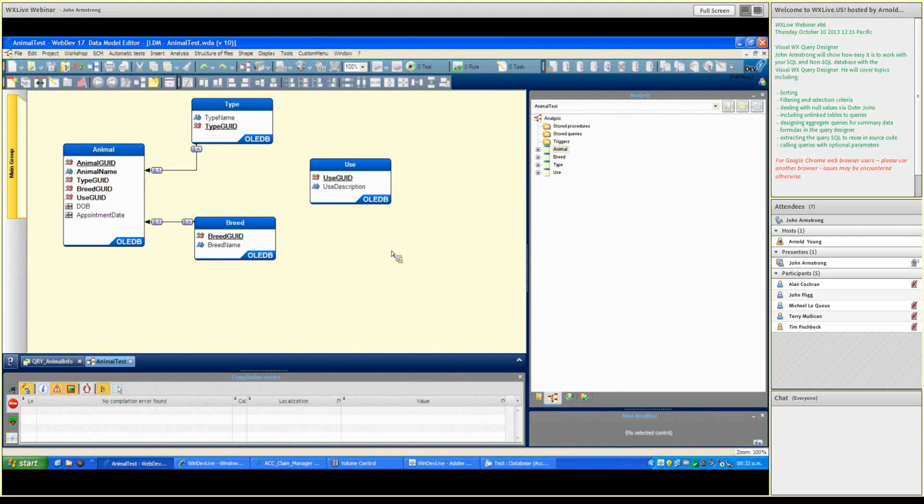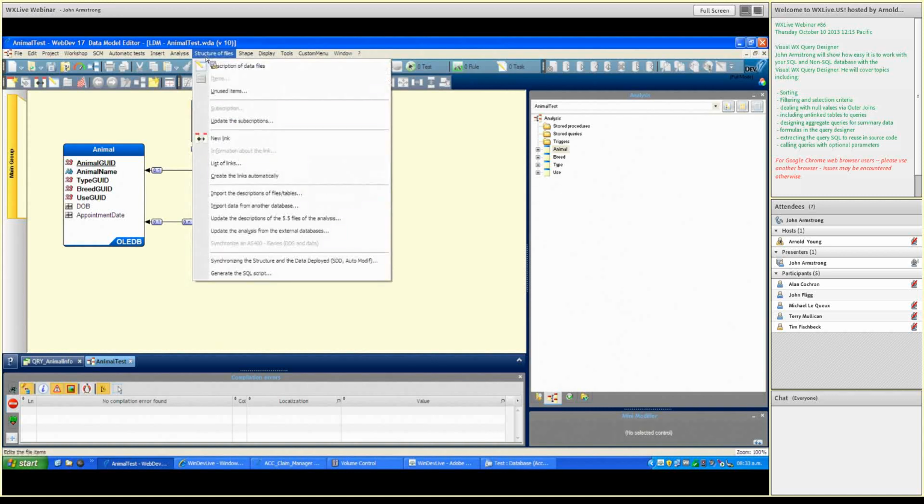Yes, and I've just discovered a minor problem with the test data I've got here. I believe that I was getting smart and putting an appointment date in the original table, something which I was just playing around with, but I don't have that in my main data file. So what we're going to do is have a little diversion and learn how to synchronize the analysis with an external data file. So in this case here, we go to the structure of the files, we go to update